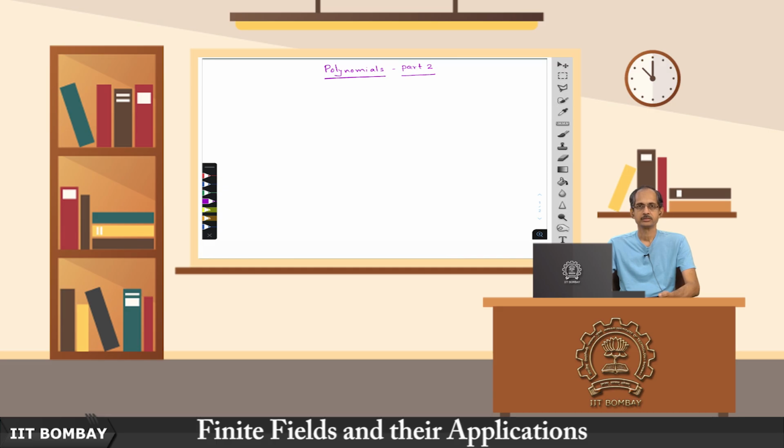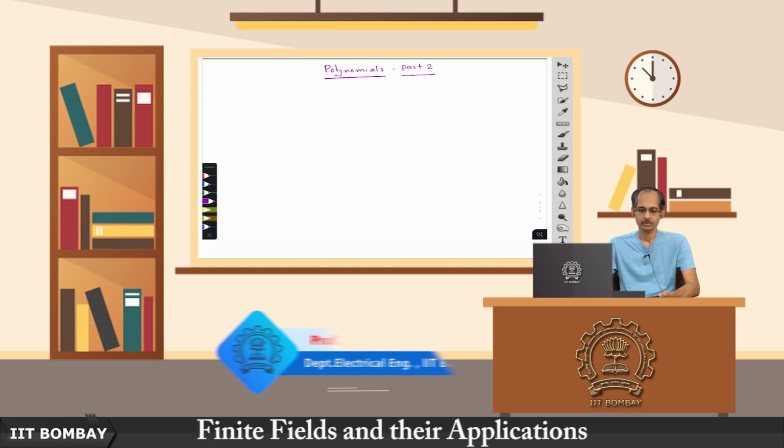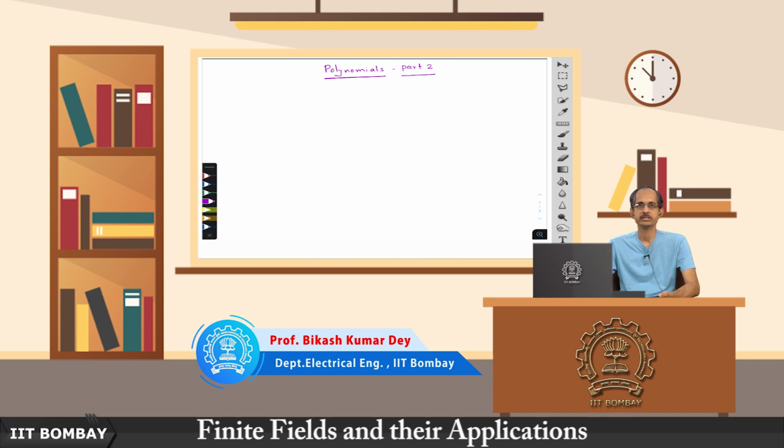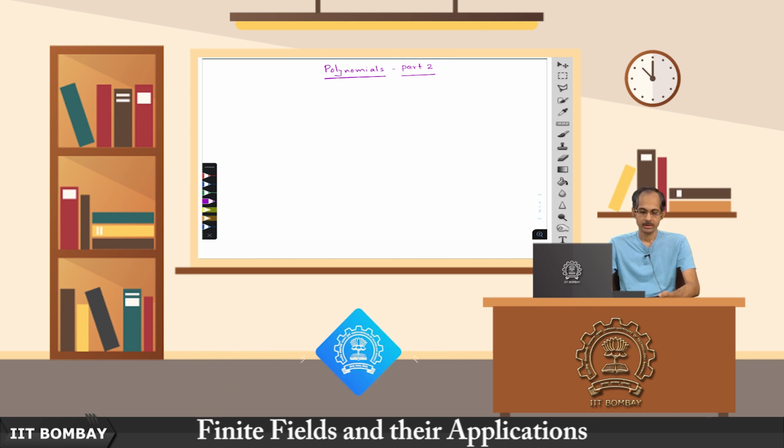We have discussed polynomials before. We will continue our discussion on polynomials in this class. Previously, we have defined polynomials over fields. First, you should note that polynomials can also be defined over arbitrary rings. If R is a ring,